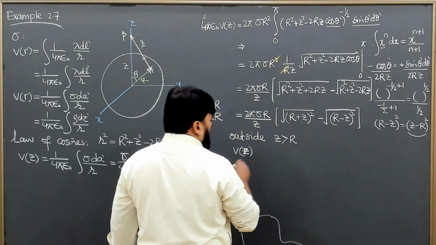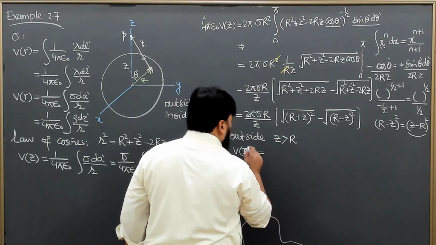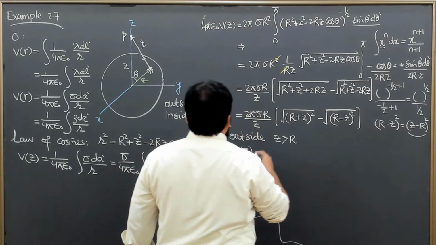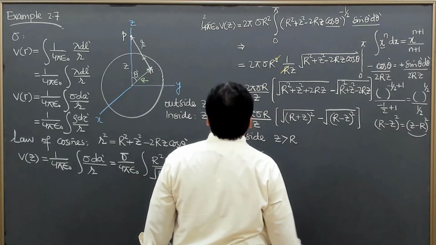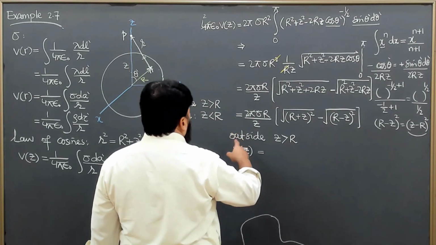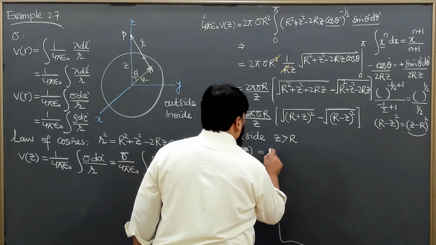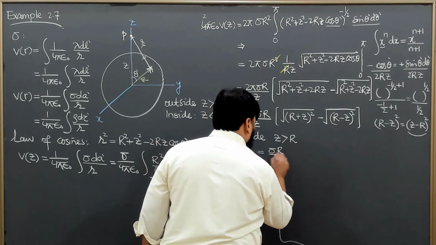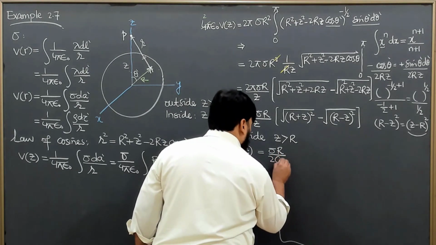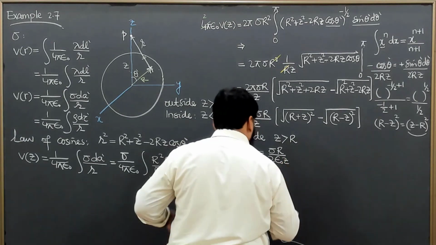V at point z is equal, here 2 epsilon naught will come down, so we will have sigma r over 2 epsilon naught z here,